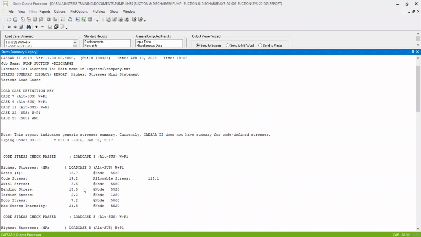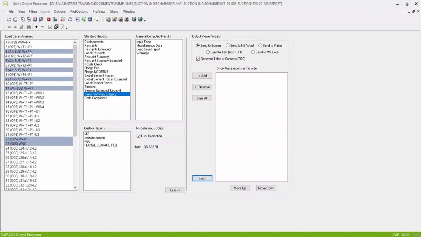So why do we need to check all the alternate sustained and sustained cases? This alternate sustained is applicable for temperature T1. Okay, if any pipe lift off is there, then the stresses will increase. Okay, so in order to avoid the pipe lift off or in order to check the hot sustain, they have included this alternate sustain case in the analysis. Okay, so next we will see